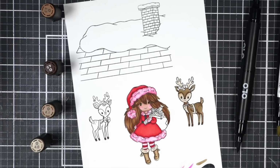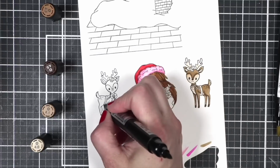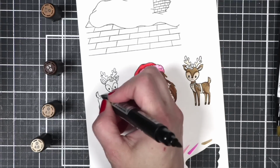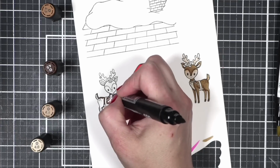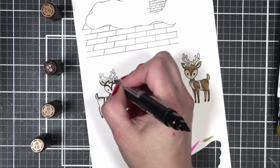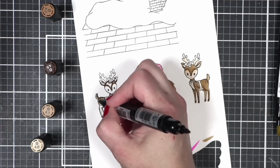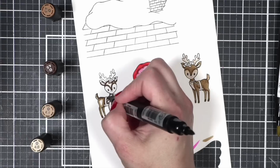So let's just quickly switch over to the other images and let's color in our deer. Now I did color one of them off camera because they're both colored exactly the same. You can see the marker caps here on the screen, but I will list those down below for easy reference as well. And going in with my dark color first, then blending out with a mid-tone and finally a light